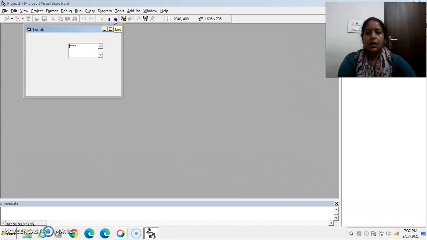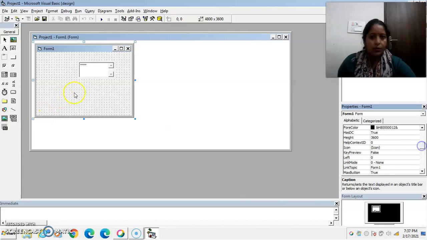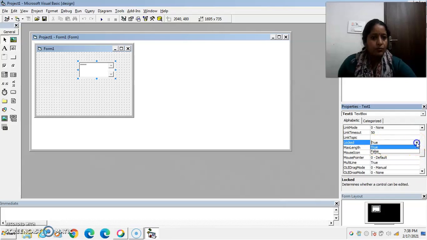Now the user can't enter anything in it because we have set its Locked property to true, so set its Locked property to false.